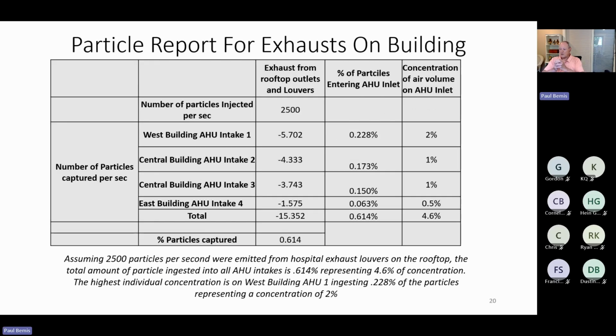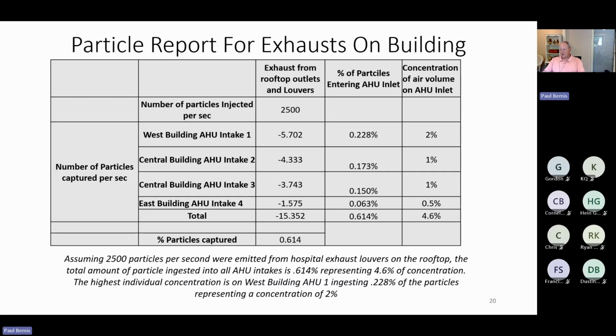On the building itself, we're looking at a particle report here for exhaust. These are analytical calculations that we did. The number of particles injected was 2,500 from the rooftop outlets and louvers. And these intakes, of course, are negative because they're pulling air in. So we're looking at the percentage of particles entering the air handlers themselves, and then its concentration of air volume on those inlets. Okay, so if we assume 2,500 particles per second were emitted on the rooftop, the total amount ingested is